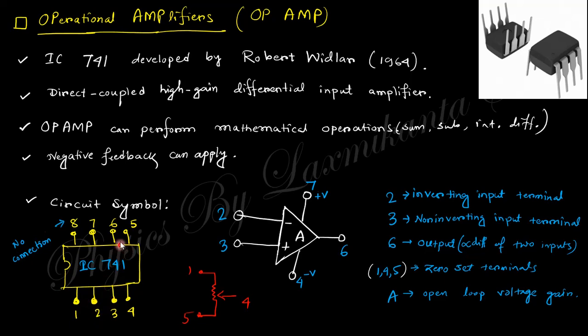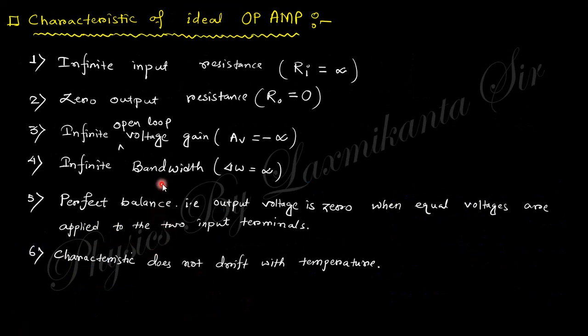2 and 3 are inputs, 6 is the output, and 1, 4, 5 are connected with a port to set the zero terminal. In 7 there is plus V voltage, and in 4 there is minus V voltage. So this is the actual connection of an op-amp, that is IC-741. Clear? Next, if you want to know about the ideal characteristics of an op-amp, the input impedance must be infinite,